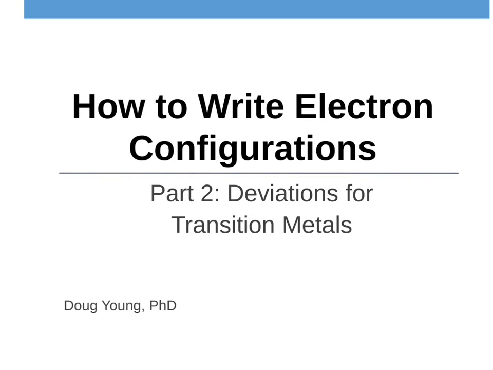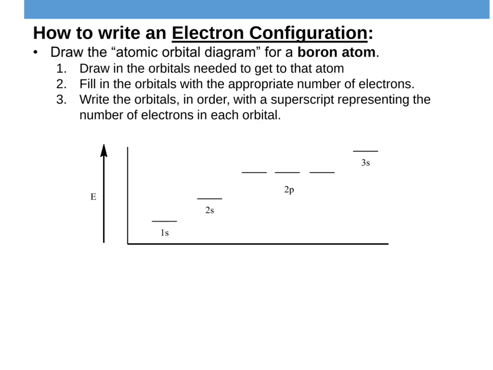Hello everyone, this is Dr. Young, and in this video we are going to continue our discussion about electron configurations, but talk about how some of the transition metals deviate from what you would expect for a normal atomic orbital energy diagram or these electron configurations. Right, so normally, just as a quick review,